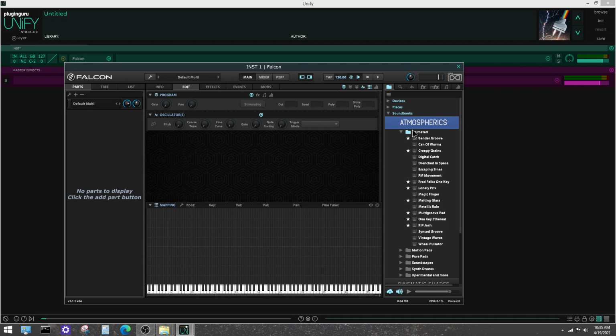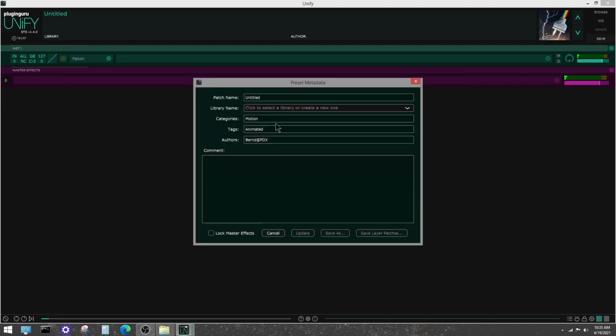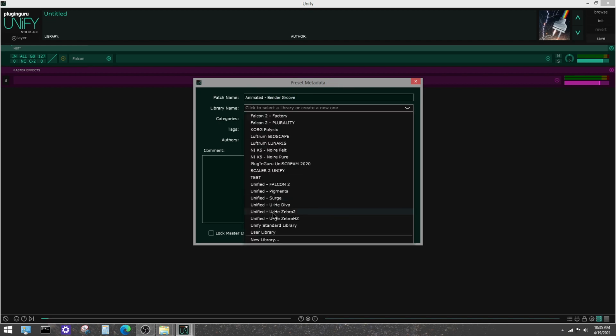Within the sound banks, they organize it in folders. So you have one animated here. Let's pick Bender Groove, load that as a preset here. Okay. So I'll save this as animated Bender Groove. That's the preset, the way it would show up within Falcon 2, and then I save this